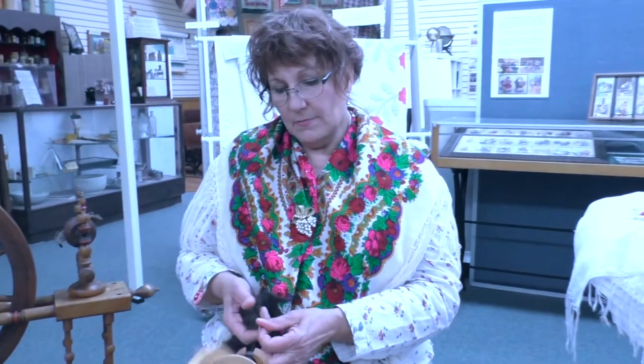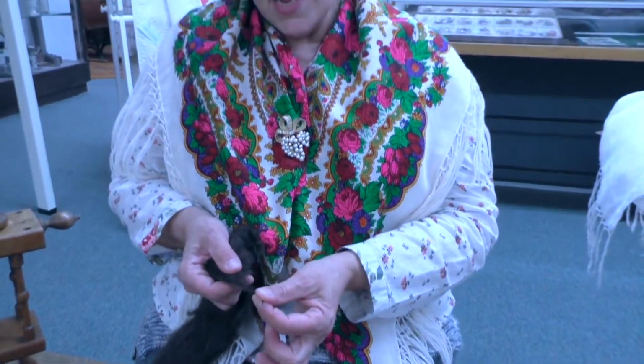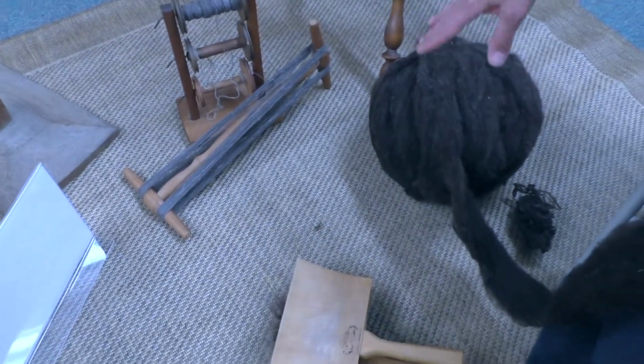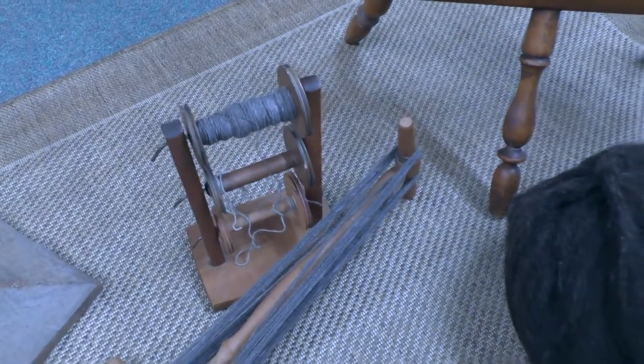And the yarn's ready to go, right? I could use it just as it is. This is called a single. Most of the time I like to have a little bit stronger of a yarn. And so what I will do is after I'm done spinning, I'll put it on something like a lazy Kate like this. I'll have several full spools,